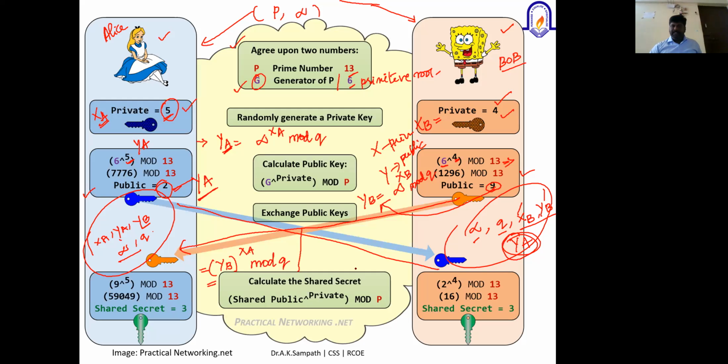So this is the formula which will be used by Alice in order to generate a secret key. Similarly, Bob will use a formula which will be the public key of the sender A, which is YA, power XB, his own private key, mod Q. Both these formulas will give the same secret value. After the calculation, you will understand mathematically what the YB value is. Again, quickly erase all the annotations for easy understanding.